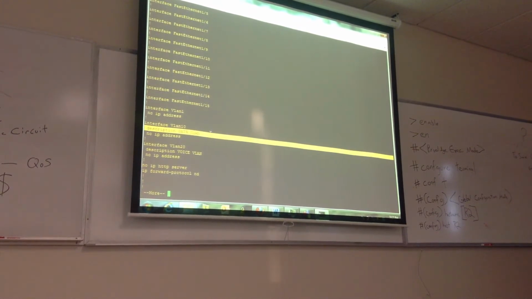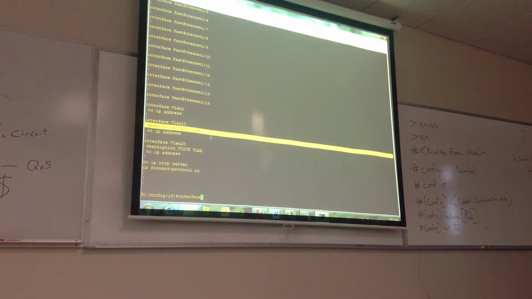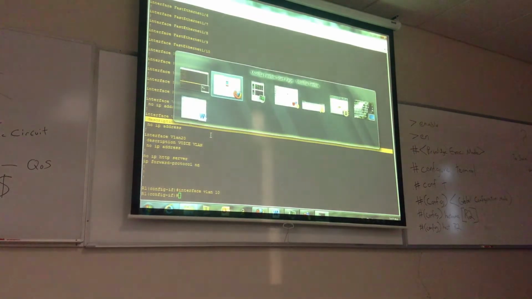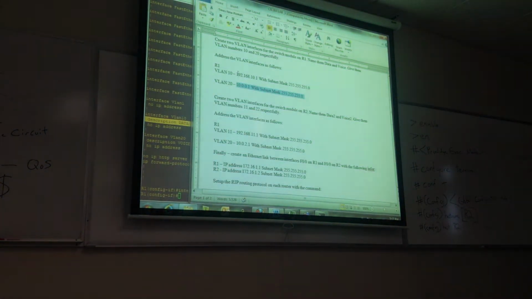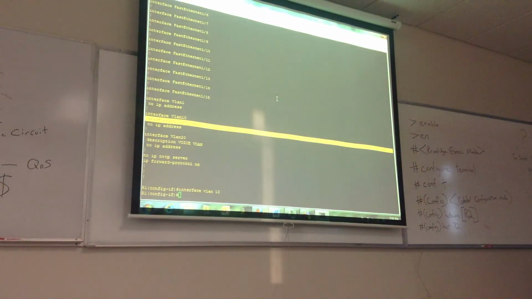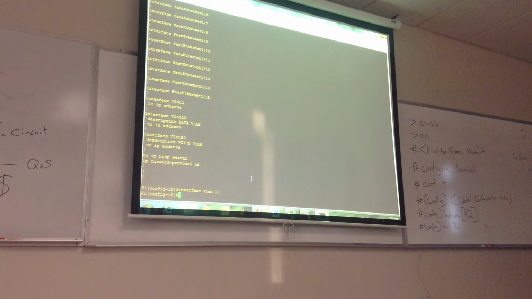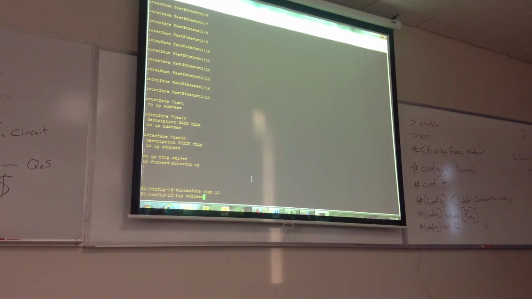All right, so go back into interface VLAN 10, and the IP address for that one's going to be 192.168.10.1 with a subnet mask of 255.255.255.0. So how we do that is the command IP space address space IP number